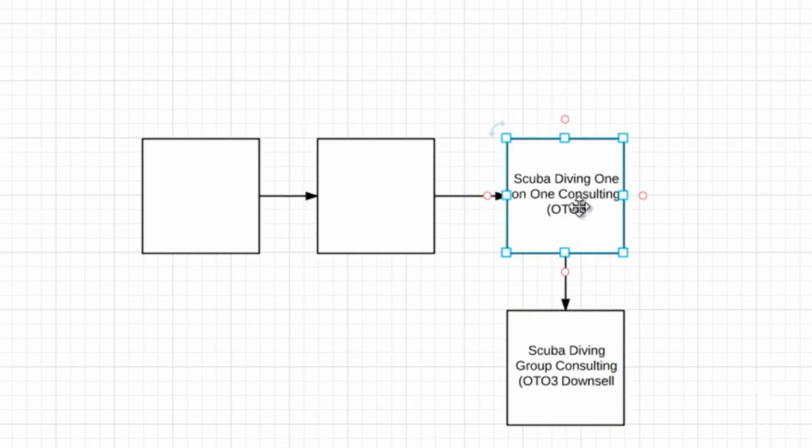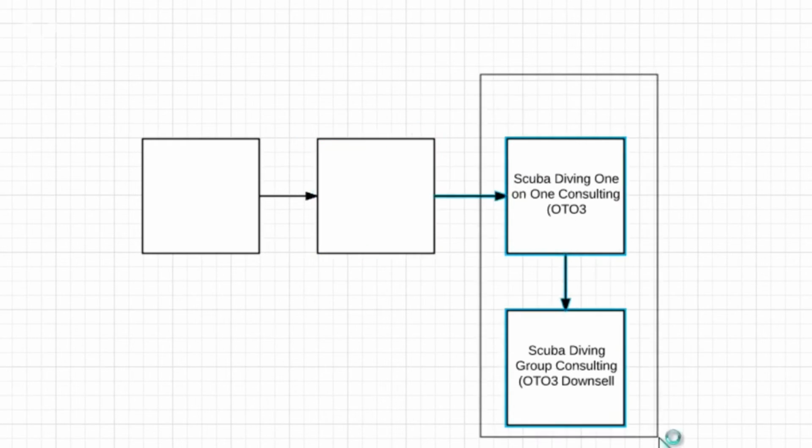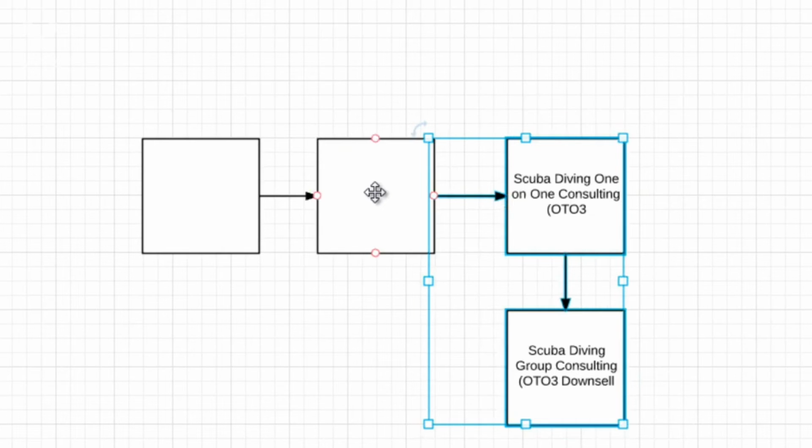So that's basically how it works. Now, how can we best ultimately sell this OTO3 here? Well, the best way to sell a service could be through a product, an information product, an ebook, a video course, something like that. So if your ultimate goal is to get them here, then similarly as the previous funnel,